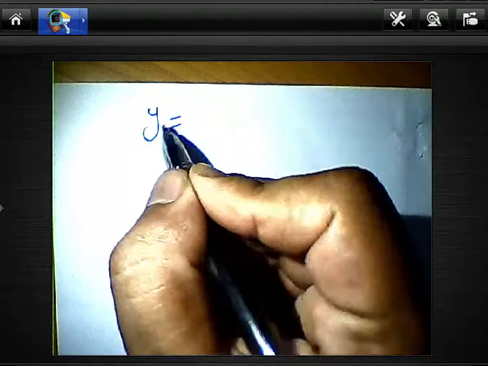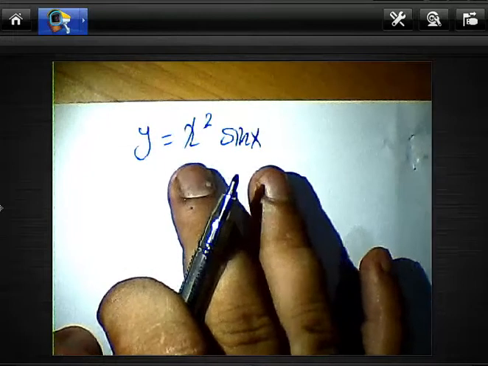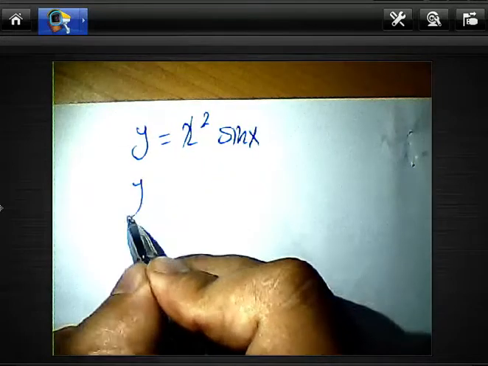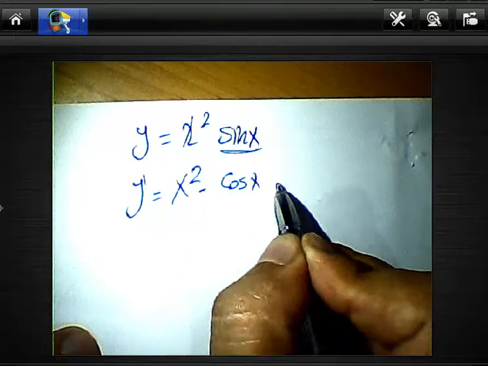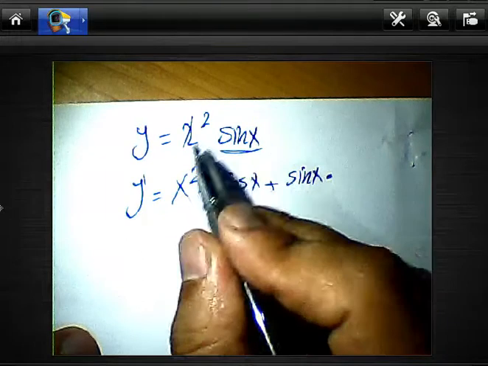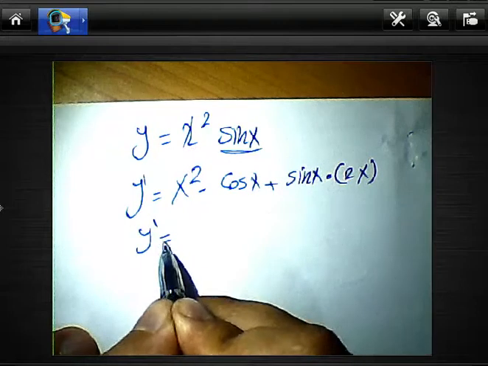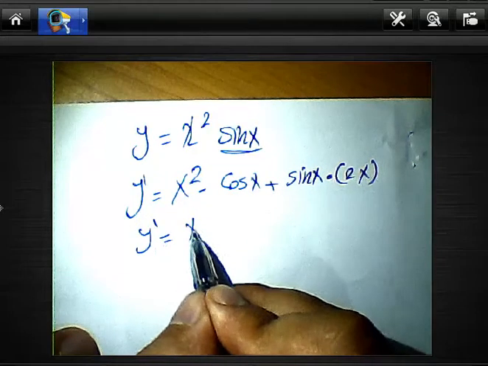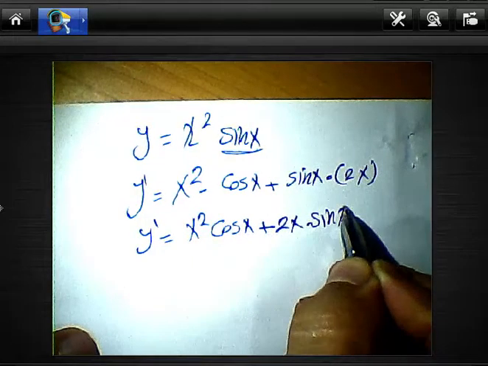You want to find the derivative of a product. We have the product rule for multiplying two functions, such that y equals x power 2 sine x. We have two terms multiplied, x power 2 and sine x. By the rule, we write the first one multiplied by the derivative of the second, which will be cosine x, plus the second multiplied by the derivative of the first, which will be 2x. So y dash will be equal to x power 2 cosine x plus 2x sine x. Okay,